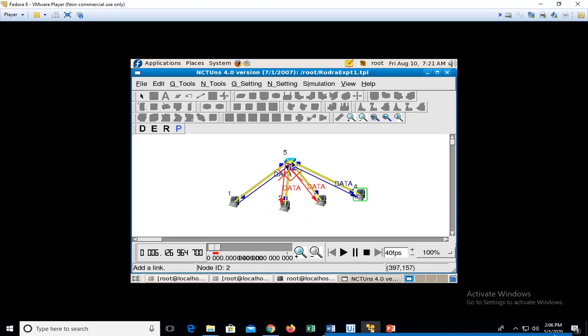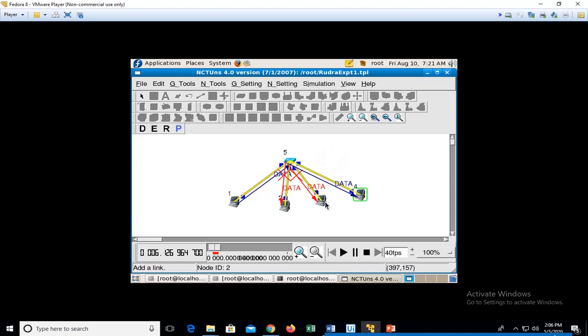Since this is a hub, it will be broadcasting whatever information it gets to all the available ports. Now since this data is reaching even nodes 2, 3 and 4, but only R is configured as a receiver, these two are not configured as receivers. In that case they'll be dropping the packets. That is what this X mark implies.